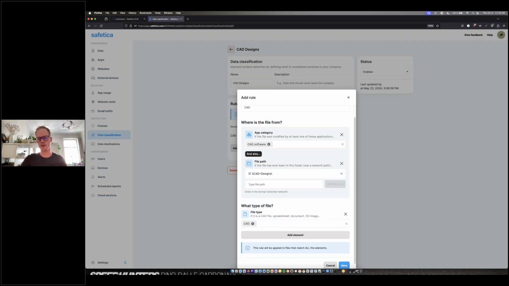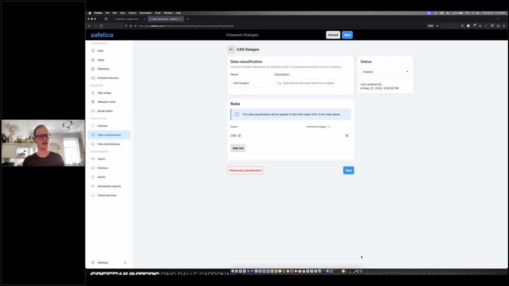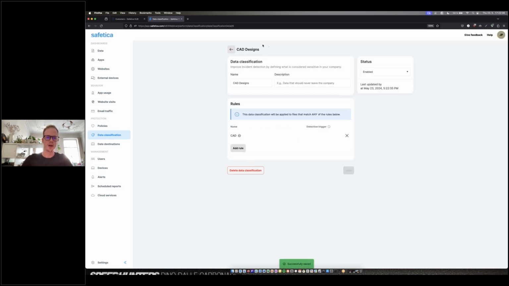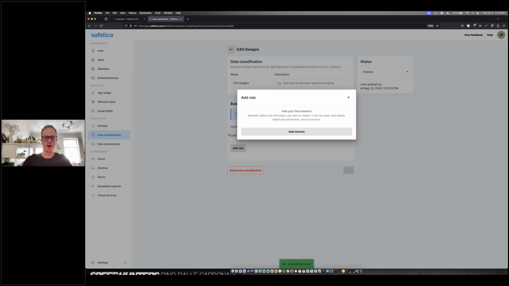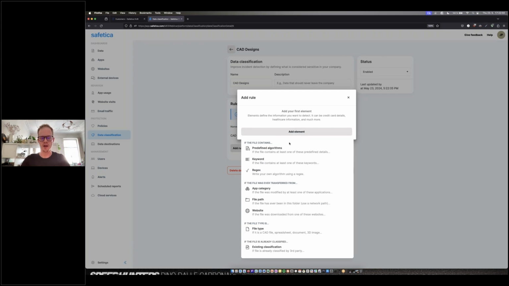Of course, you can make things more broad or less broad depending on what you're looking to do, but that is a more realistic example as to how we can go about and classify data. Now, going over some other ways, and I'll just use the same one here. Everything in the first CAD was AND statements, so it has to meet all of those requirements to be classified. Let's say if this was a new classification, we can choose from our predefined algorithms that we have.